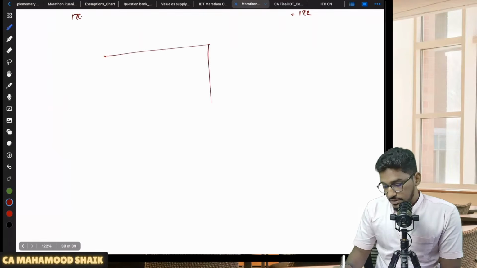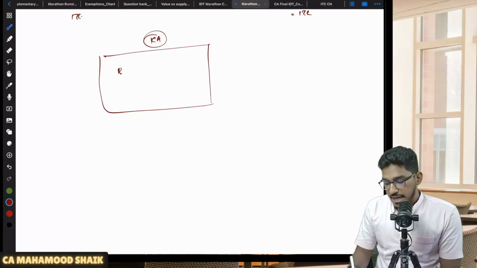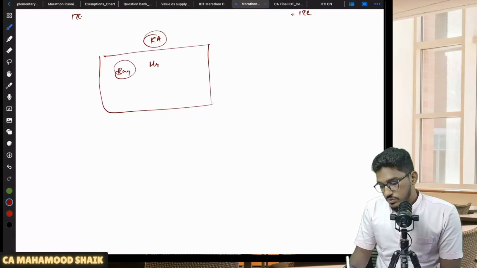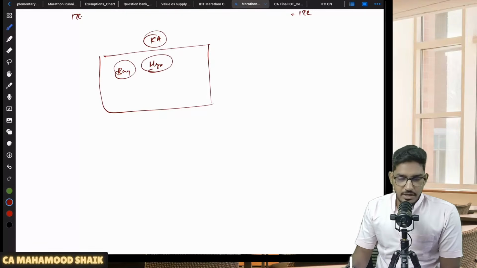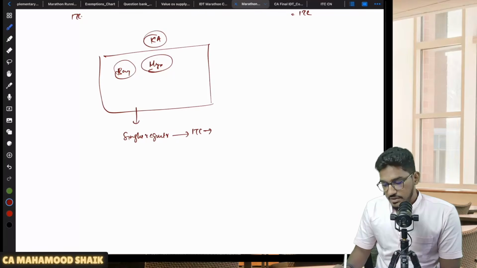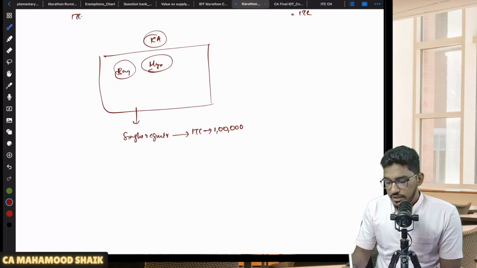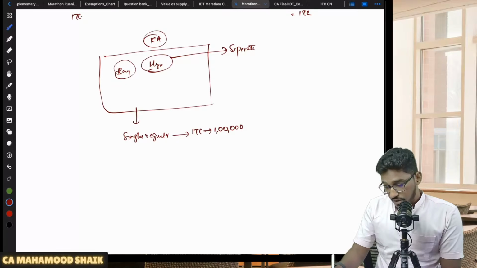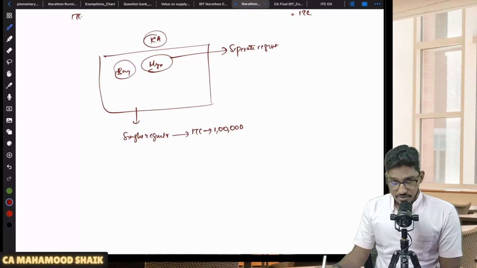Let us say, for example, in the state of Karnataka, I have a place of business in Bangalore, and in Mysore also I have a place of business. Currently I'm operating both of them under a single registration. In this single registration, I have an ITC balance: in my electronic credit ledger, I have 1 lakh worth of balance. Now for Mysore, I am taking a separate registration.